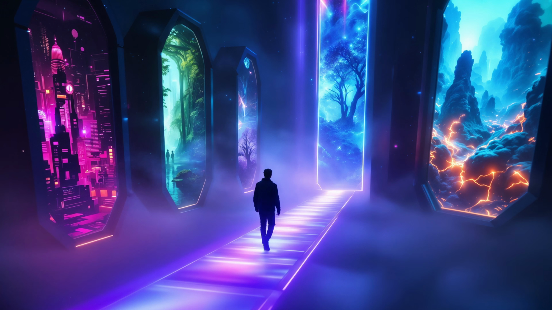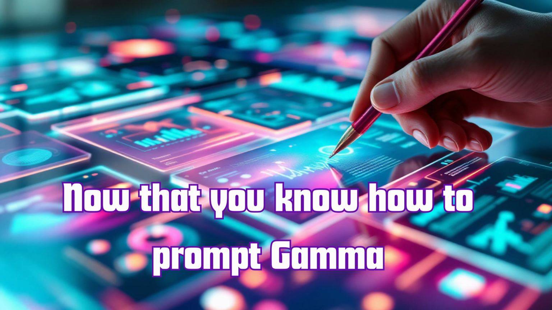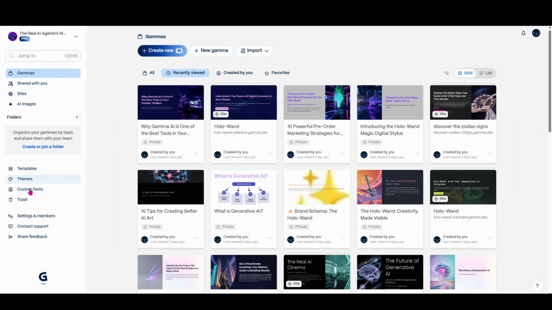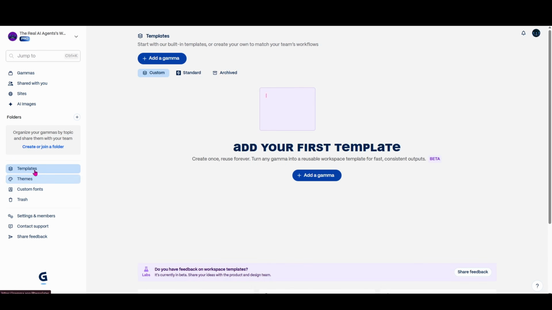Because the truth is, AI isn't replacing creative direction, it's amplifying it. And when you understand how to use it intentionally, you stay in control of the story while still saving time and unlocking new design possibilities. Now that you've got a feel for how prompting works inside Gamma, let's take it one step further. Because what really makes this tool powerful isn't just how fast it builds presentations, it's how easily you can make